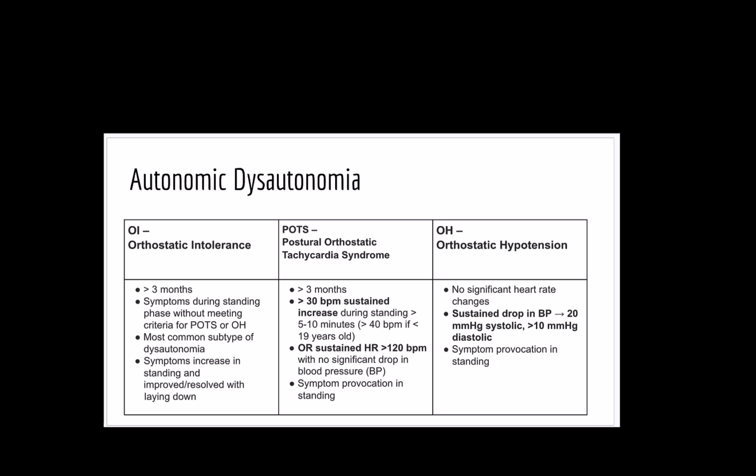And we'll see that heart rate spike up and then just hold there for a period of time. Or you might see somebody with a sustained heart rate of greater than 120 beats per minute. You typically don't see a significant change in overall blood pressure. So those are two opposing forms of dysautonomia that could definitely influence the way that person is able